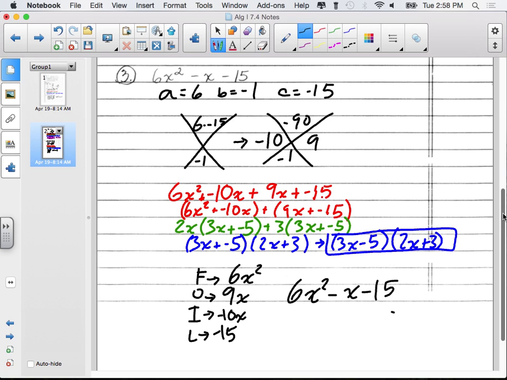Alright, anyone have any questions about any of this? We're still using the diamond method. Now we're just introducing factoring by grouping along with it. And none of this should be new stuff. You just use the diamond method, factoring by grouping,